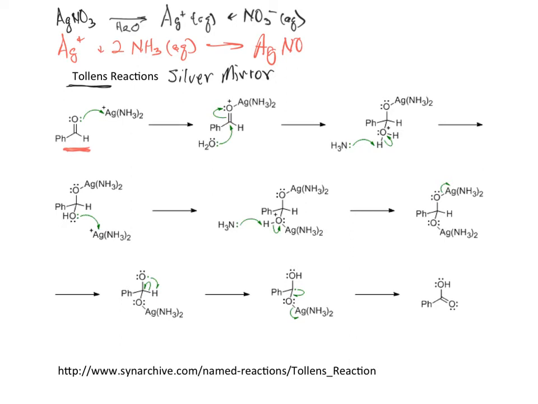Anyway, silver ammonia 2, right? Silver ammonia 2, and all that is positively charged. Right there. Okay? So in the reaction, the silver ion acts as a Lewis acid, and the oxygen of the